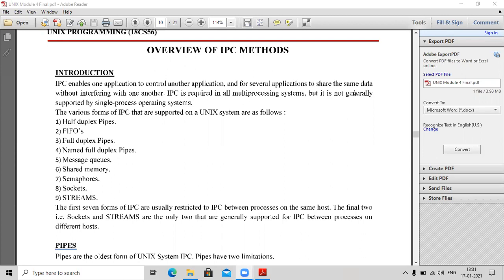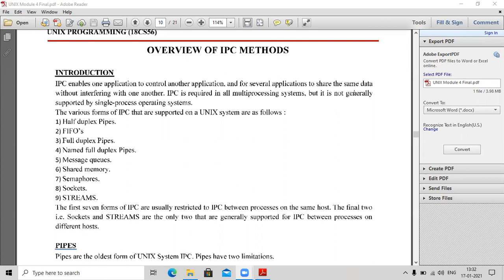Then later on we saw what an interpreter is, what an interpreter file is. Then we saw process accounting. That means whenever a process gets terminated, we store some information with respect to each process which is getting terminated. That information was obtained from the kernel process table. We stored the CPU time used, the memory that was consumed, and the file locks that were held by the process in its lifetime. So these were all the things that were accounted when a process got terminated. Then later on we saw user identification and process times, which are the three different types of process time associated with a process.